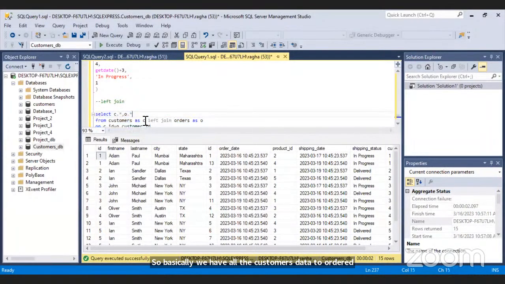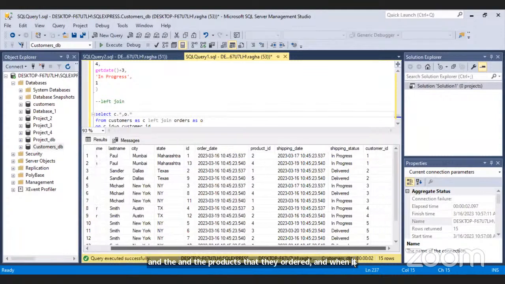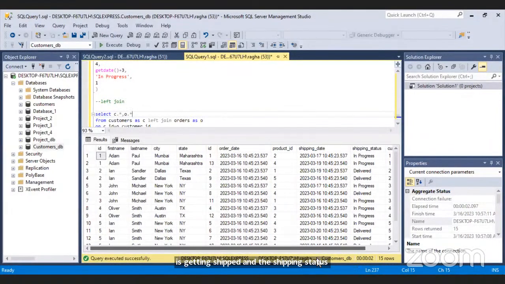Here we have the order date, the products that they ordered, when it is getting shipped, the shipping status, and the customer ID. So we have all the details related to the customer and the orders that they made.